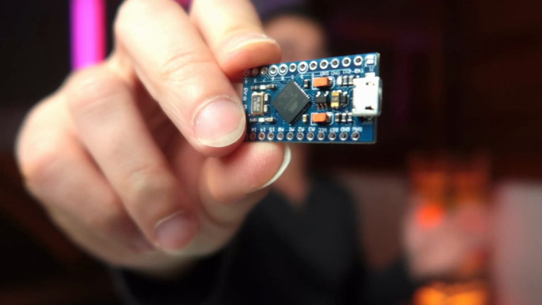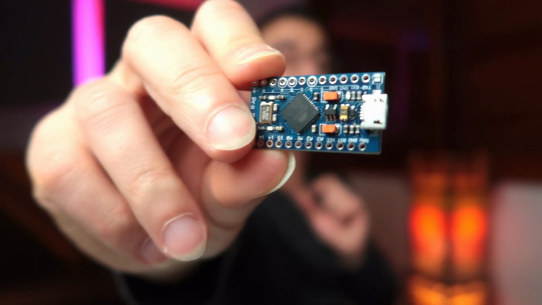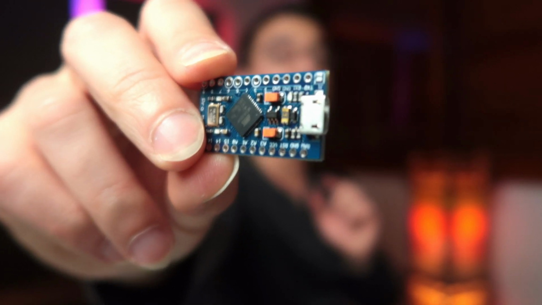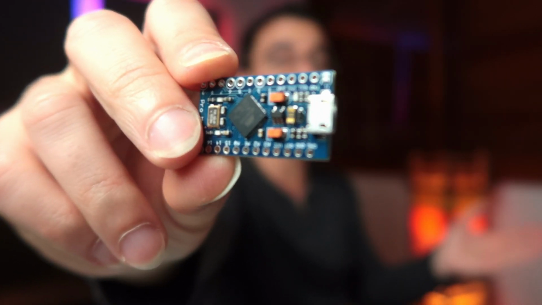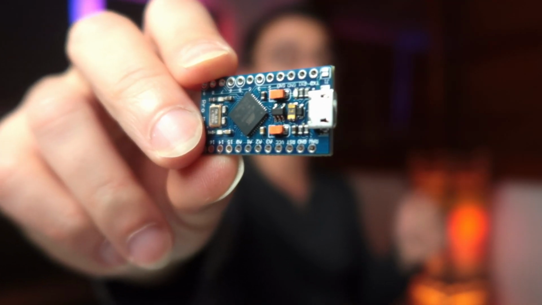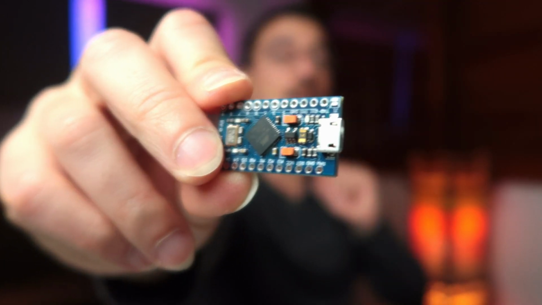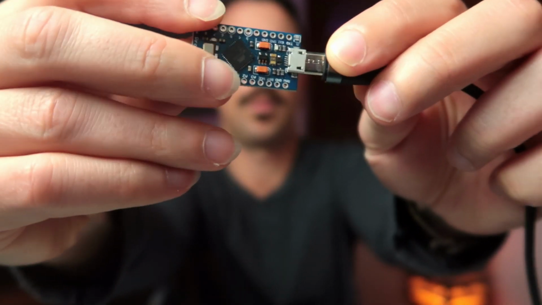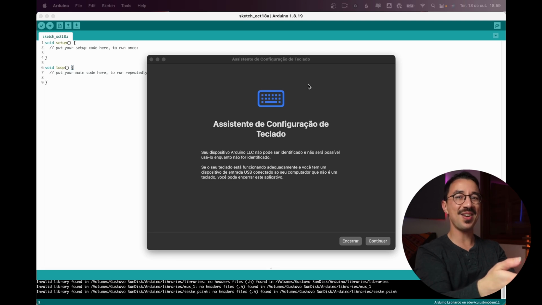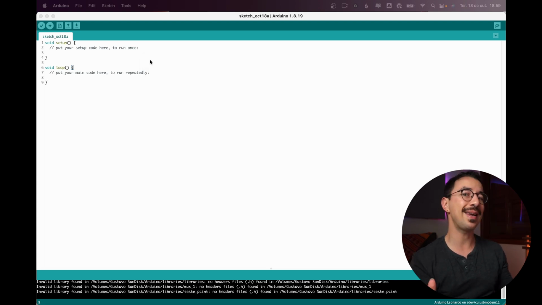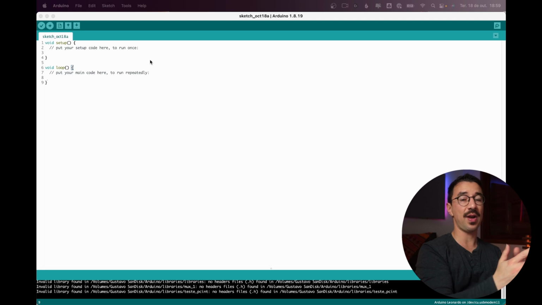Any Arduino that has the ATmega32U4 microcontroller. But in most of the examples, most of the things you'll be able to do with any other Arduino, okay? So I'm going to plug it on the USB. So see here that in my computer I got a message that it thinks that it's a keyboard because the Arduino Pro Micro can also be recognized as a HID device like a mouse or a keyboard or a MIDI controller, so keep that in mind.